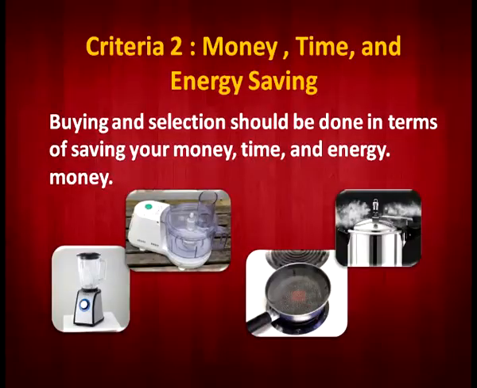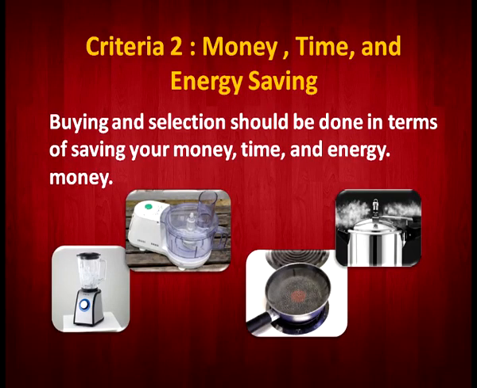The second criteria that we are going to discuss is how an equipment can be useful in saving your money, energy and other inputs. I can also take one example of cooking. You have two options of cooking. If you have to make pulses, you need to soak them in water and then pressure cook them so that they become moist and tender. Earlier it was suggested that you can just put it in a pan and boil it, at least 1 hour to cook the dal. But in a pressure cooker we can save time and energy, and of course energy in the form of fuel also.